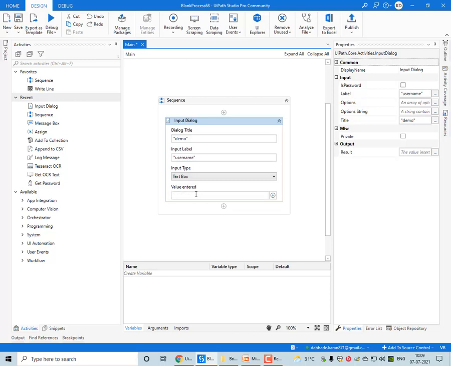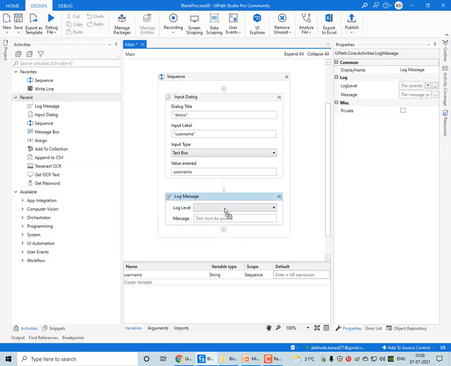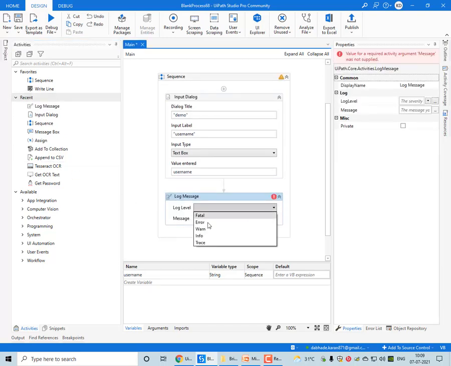Here we have to create a variable, so I can create it right here with Control plus K. It's a string variable. Now I want to display it in a log message, for example. The output of the log message will be on the same screen. You can use a message box also, it's one and the same. So you select Info and call the variable username.